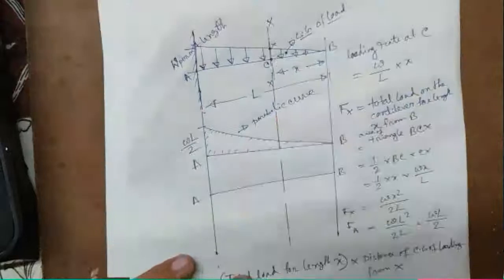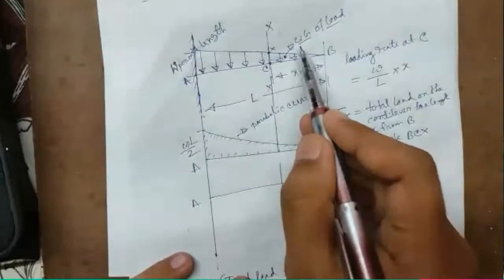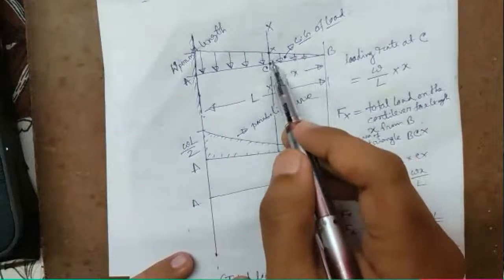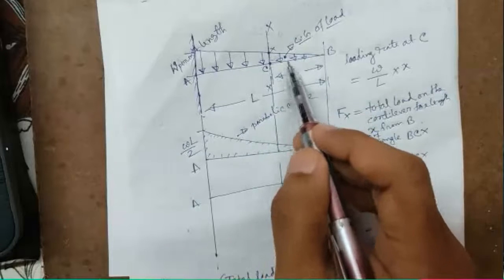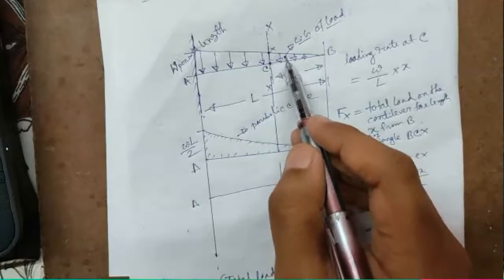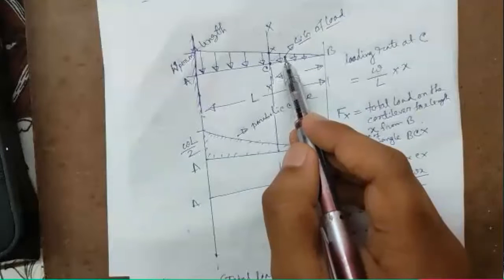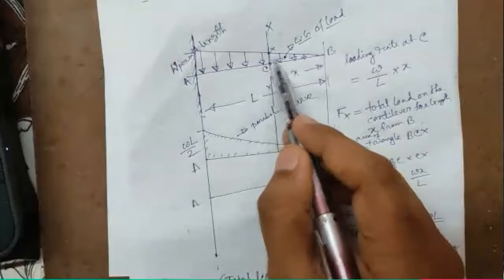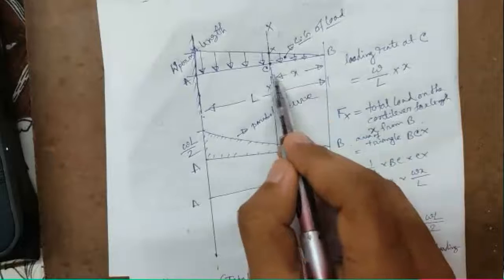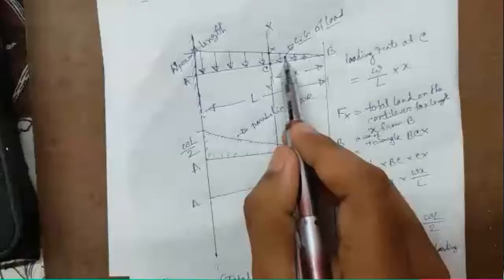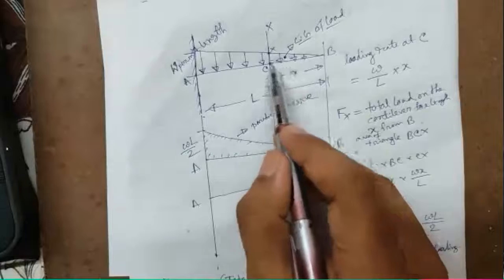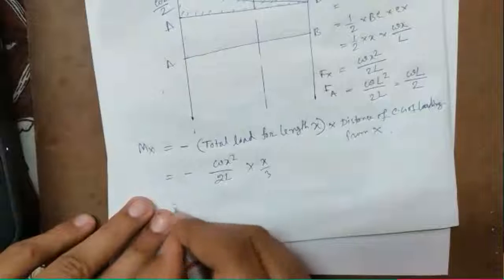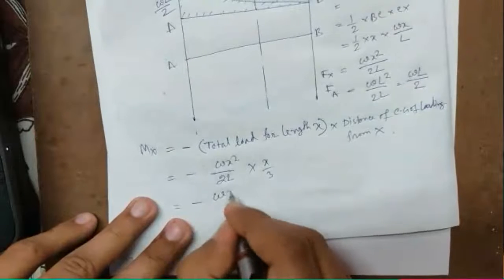The video got frozen. Yeah. If this is the CG of the load, this is the XX. Why is the CG here? Because this is a loading triangle BCX. So this triangle actually shows us the load. So the CG of this load will be at the CG of this triangle. So what will be the distance from this CG to this XX? Can anyone tell me? It will be, total is X. So the CG of the triangle from base will be X by 3. So we can write the distance is X by 3. So it will be the equation W into X cube by